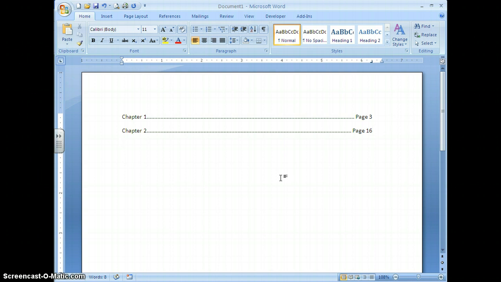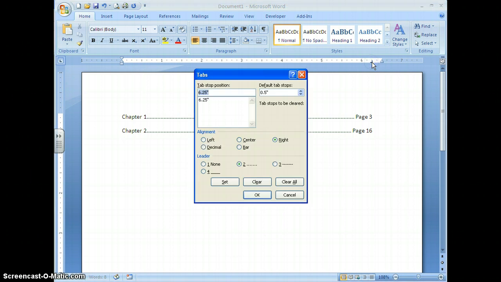So I'm going to press enter, and a quick way that you can get to the tabs dialog box is to move your mouse over the tab that you've already created and double click on it. But you have to be careful and be very precise when you double click on it, because if you accidentally click over to the side, you'll set another tab. I'm going to clear my 6.25 inch tab on this particular line just so I can show you another type of tab. I'm going to use